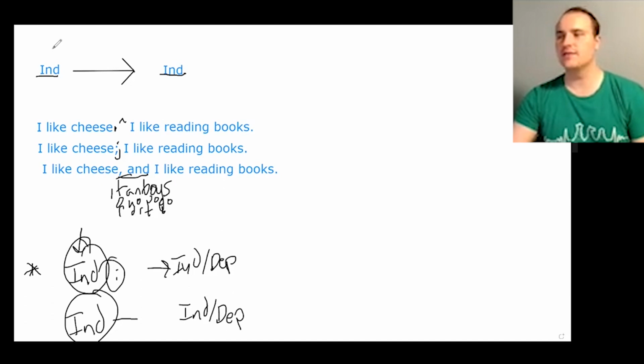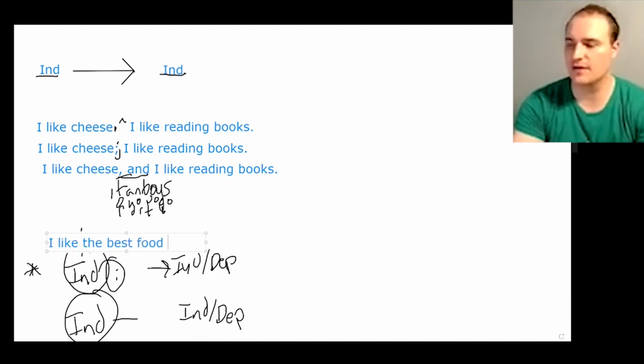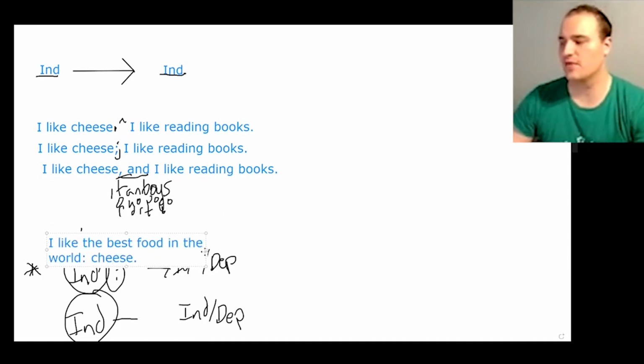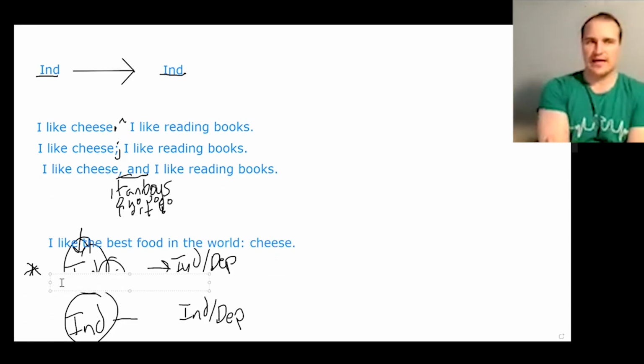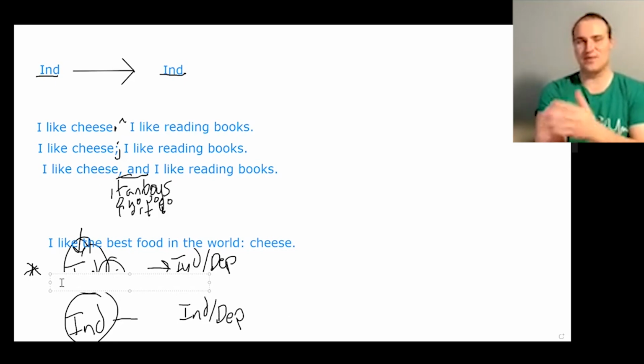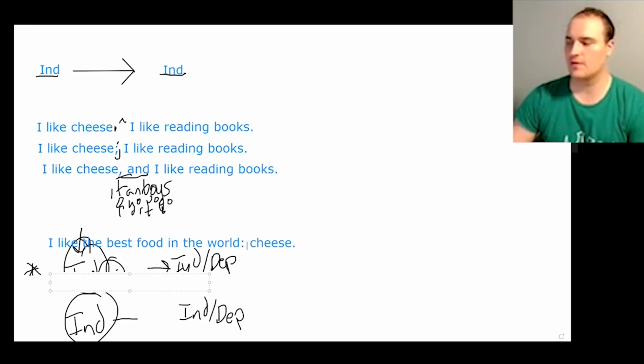All right, so I'm going to give you some examples of a colon's usage. I like the best food in the world: cheese. That is a great example of how to use this. And as you can see, in this case, I'm linking an independent clause to a dependent, right? Or you could say, there's one thing in the world I like: I like watching people eat cheese. You know, that would not be the best example, but